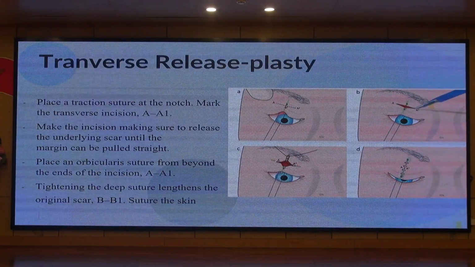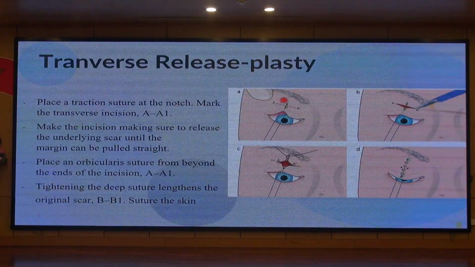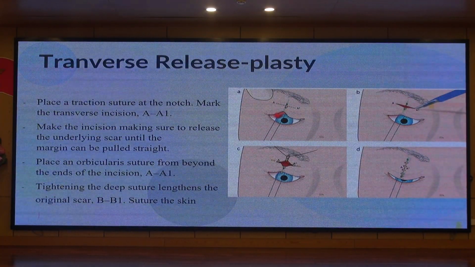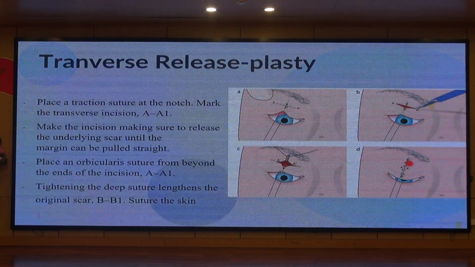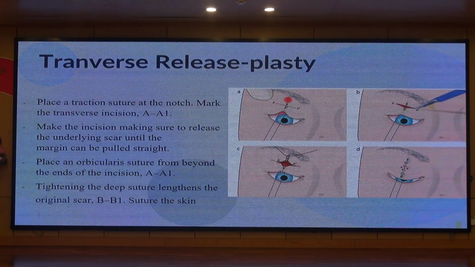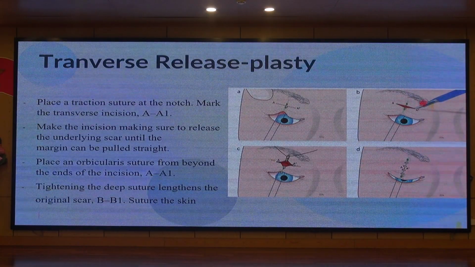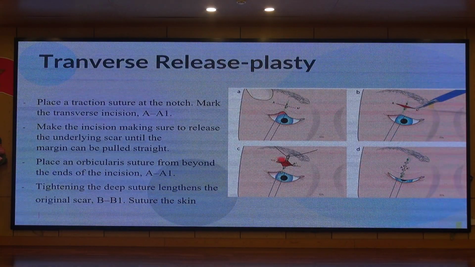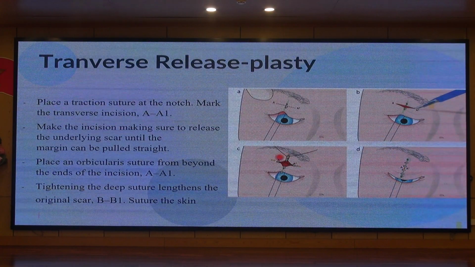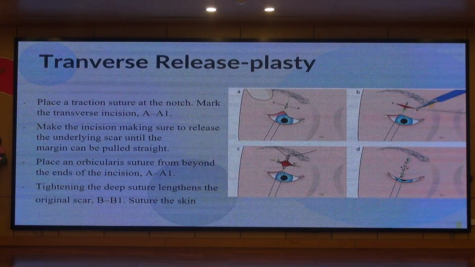Sometimes in my cases, we have to do a transverse release plasty, which means we have a short scar. We will transpose it into a long scar like this. So you just cut from B to B1, which is the scar. So we cut A to A1 like this, and then we will close the muscle from A to A1, and then we close the skin just perpendicular to the first scar. So this is like a